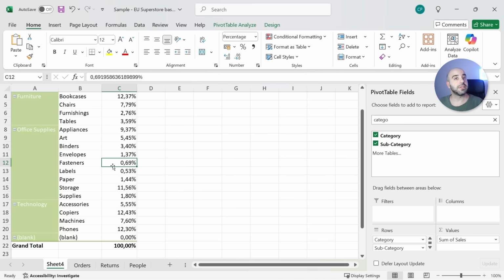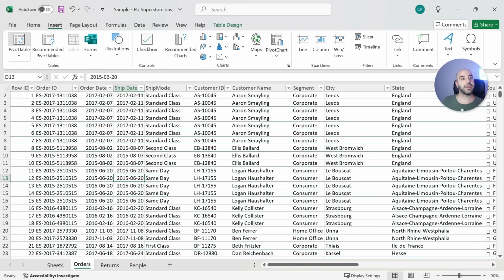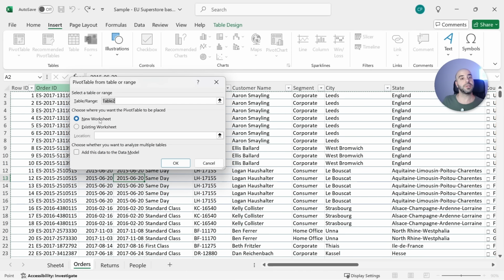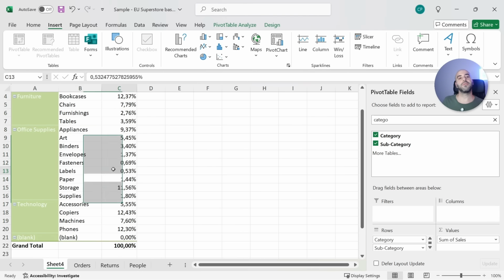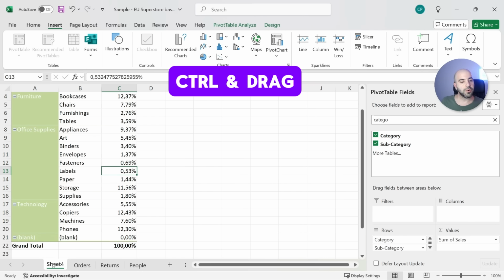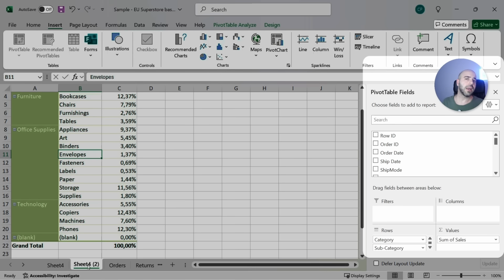But let's calculate something more. I wouldn't like to change or lose this analysis that is based on this orders worksheet, so I would like to create one more pivot table. But instead of going to Insert, Pivot Table, and then selecting the worksheet where this is going to be introduced, there is a faster way. I can go to the sheet that already includes my existing pivot table, and then press Ctrl down, and then drag the mouse. A new sheet with a new pivot table is created,